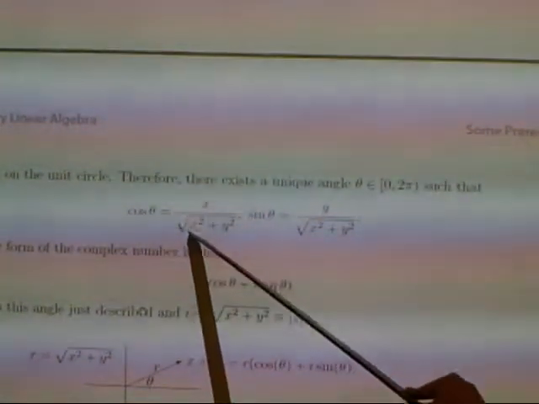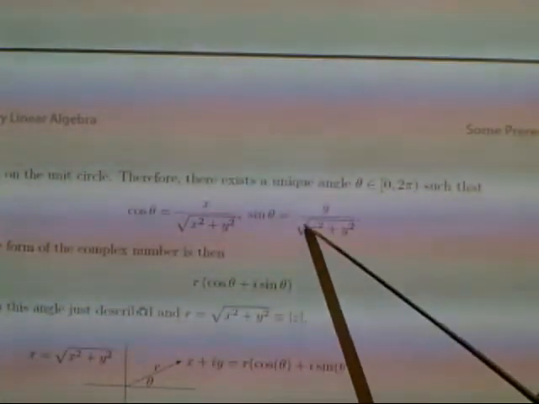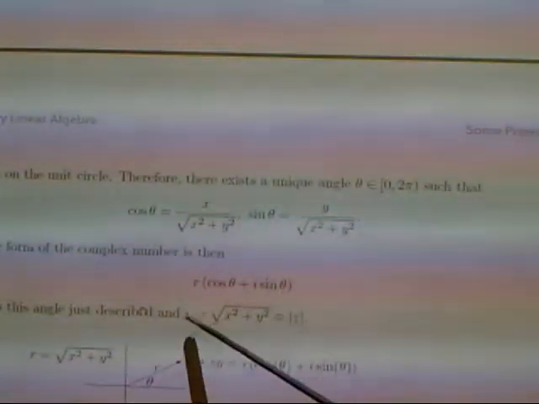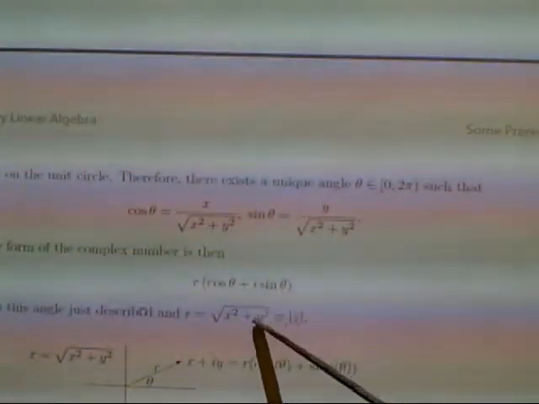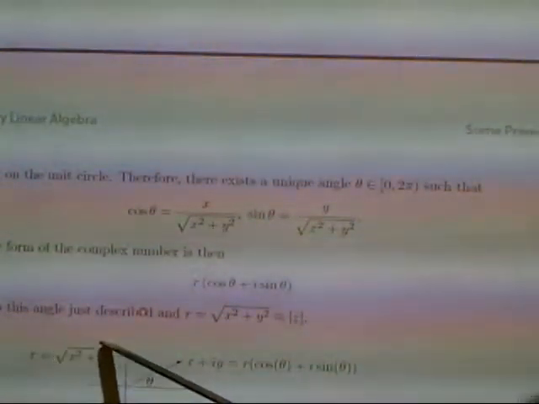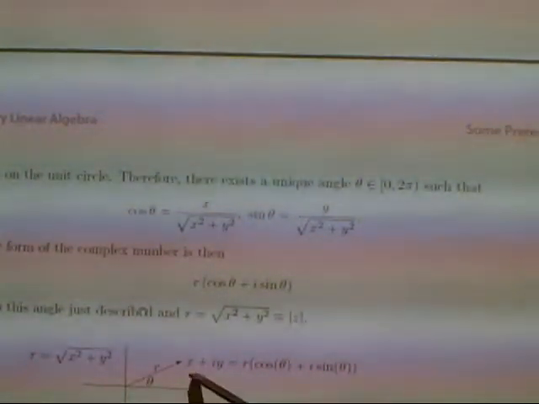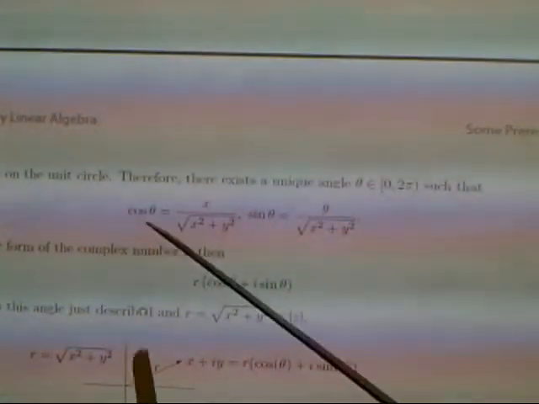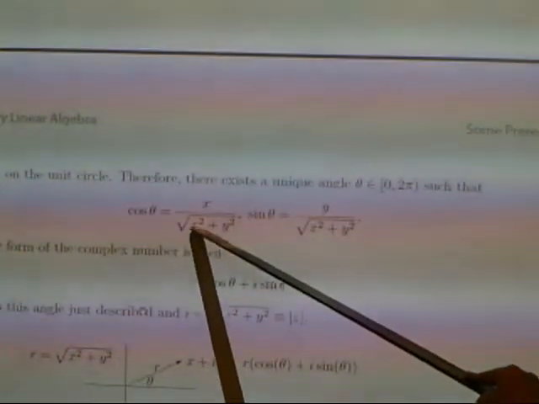So for the polar form, cos theta equals x by the square root of x square plus y square. Also sin theta equals y by the square root of x square plus y square. And therefore r multiplied by cos theta plus i sin theta is the polar form. In this case, r equals the square root of x square plus y square. So x plus iy equals r cos theta plus i sin theta. Now, cos theta is x divided by the square root of x square